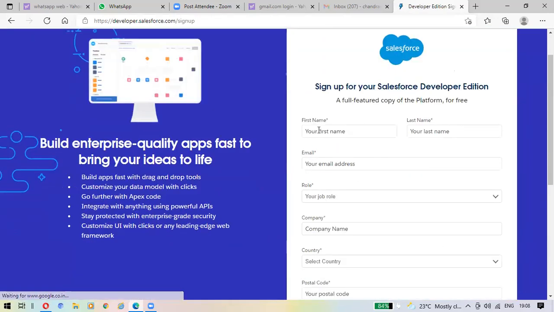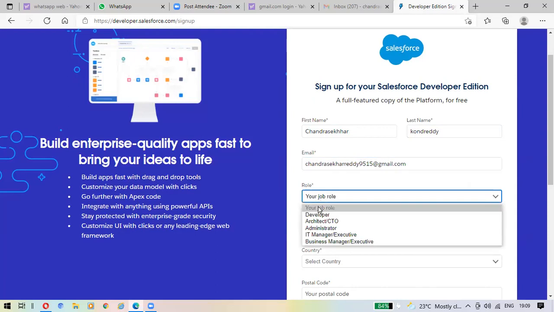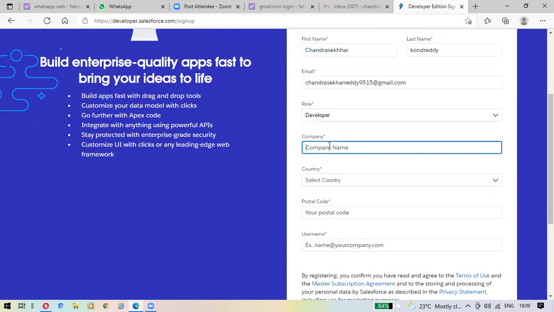So here you have to provide your details. Just provide your name, last name, email address, job role, just developer you select, company, any name like Salesforce, or any name, without space.